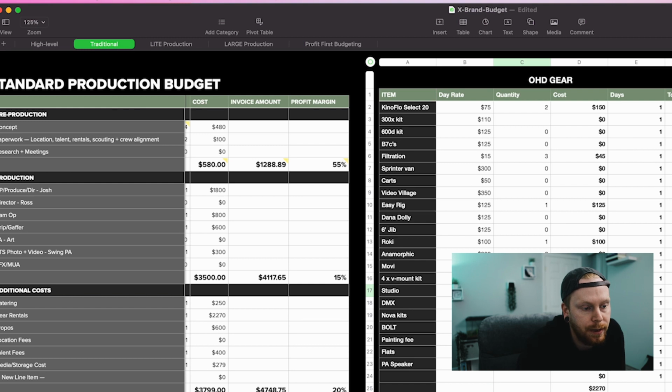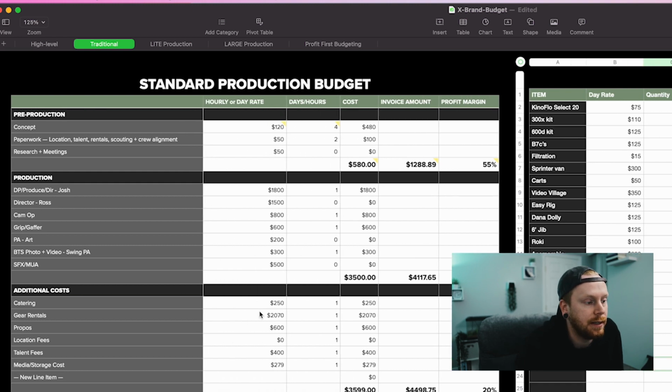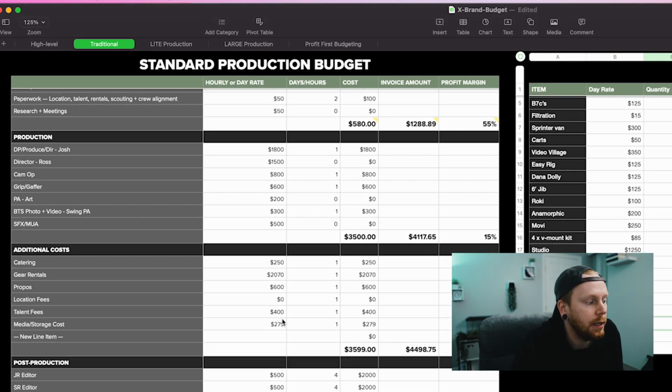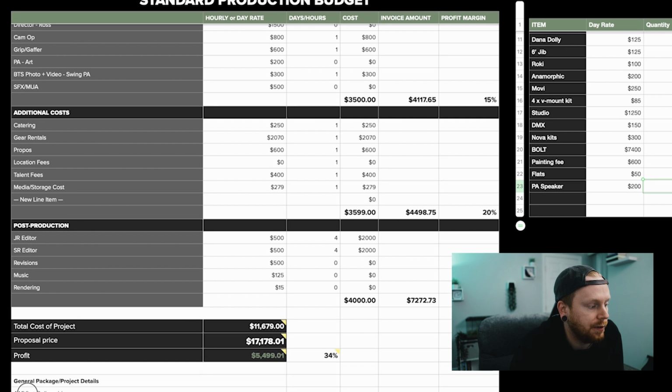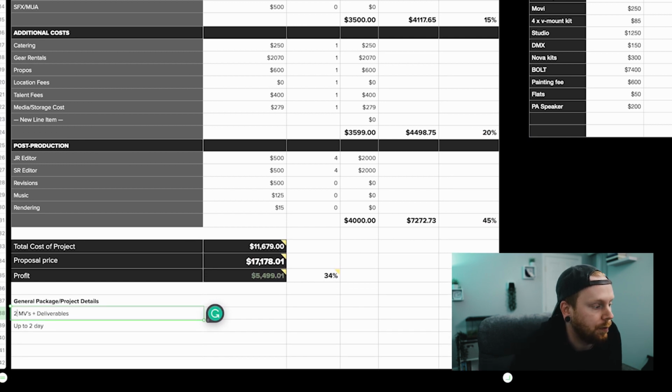We still have the studio fee. We're not going to do flats, so that's going to change things. Yeah, and as you can see, this is updated over here now. And then with this, this is going to get them 2 music videos and then 1 day of production. So boom. And with that, I'm just going to update this,